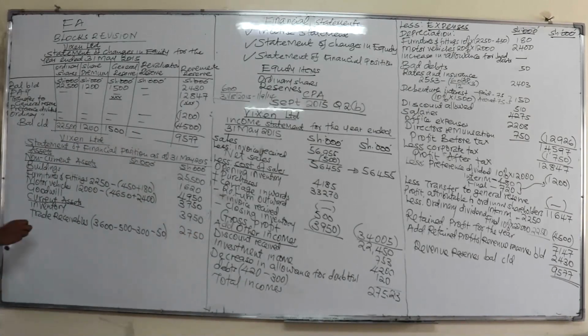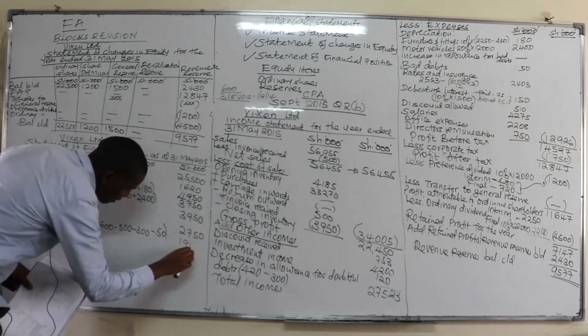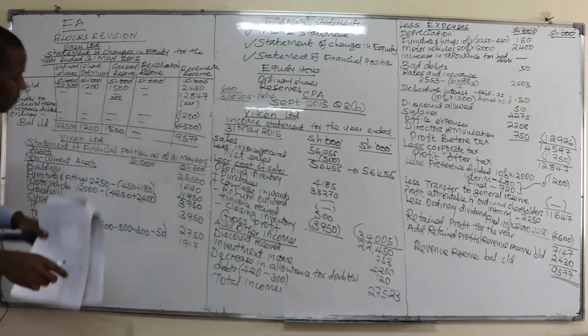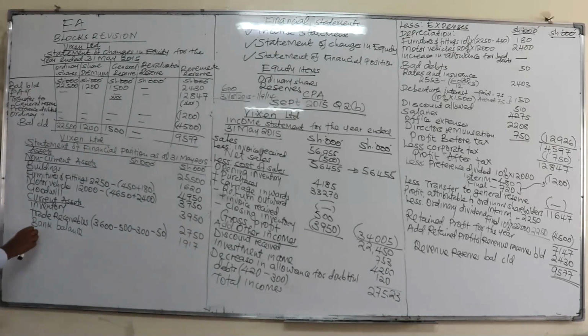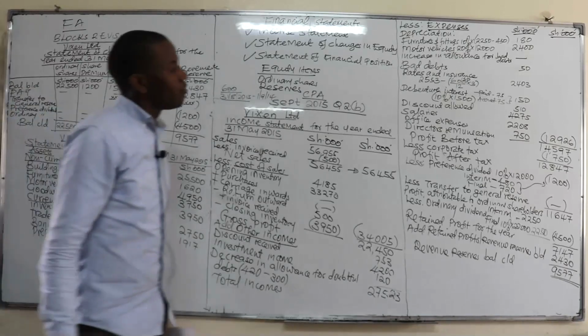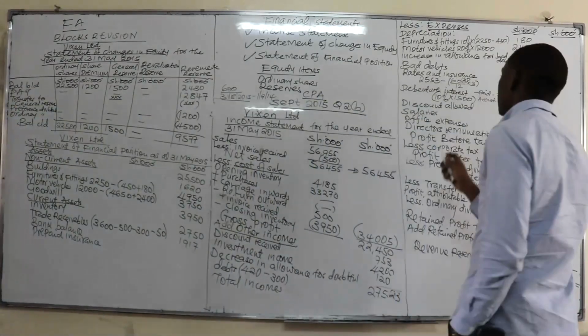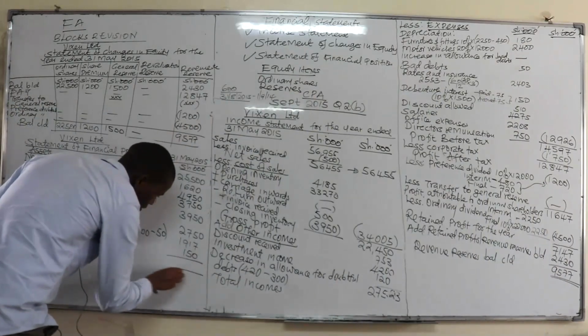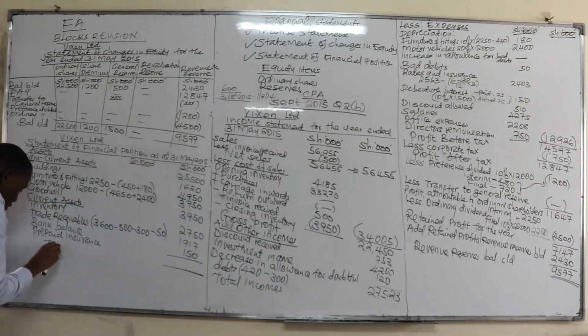Then we also have the bank balance. Bank balance, we were given 1917. We don't have cash in hand, but we had prepaid insurance for the 3 months. Prepaid insurance, and this was for the 3 months. And for the 3 months, the prepaid insurance was of how much? 150. So you'll also add 150. So with that, you can get now the total.